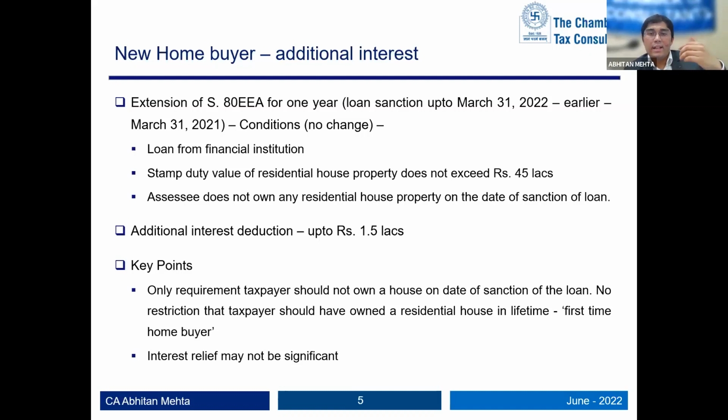Only one thing to be noted: though it reads as new home buyers, you may have had a house earlier and sold it. On the date of the loan, you shouldn't own a house. It shouldn't be that this has to be the first house purchase in your history. It is not first house purchase, but on the date of the loan, that should be the only house you have. That's how the condition is. You already have interest relief under the head house property of 2 lakh. So practically, if you work out the math, it is very difficult to reach 1.5 lakh. At most, one would generally land up with 60,000 to 70,000 of tax saving in this clause.